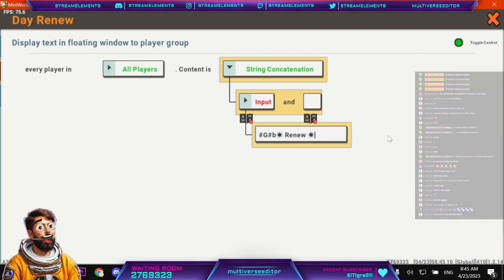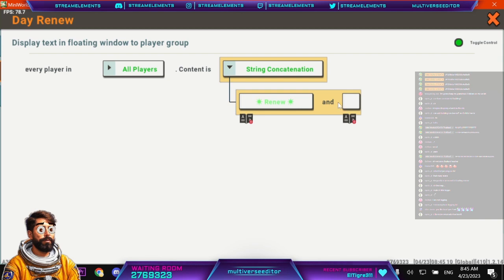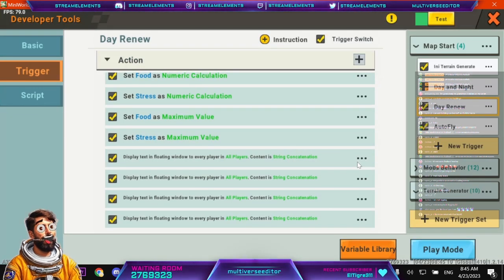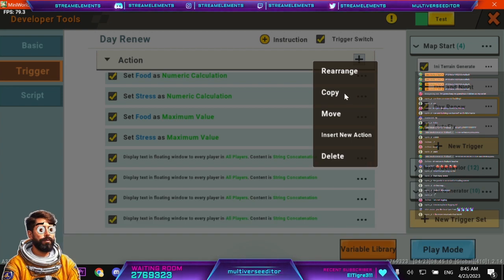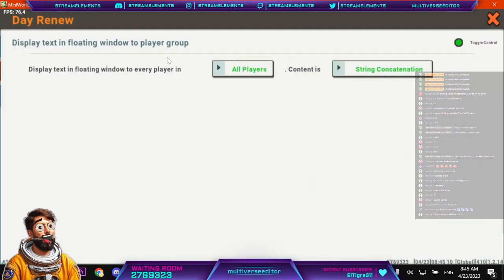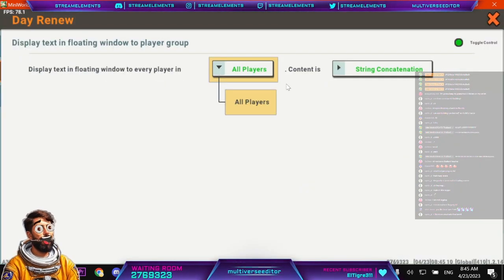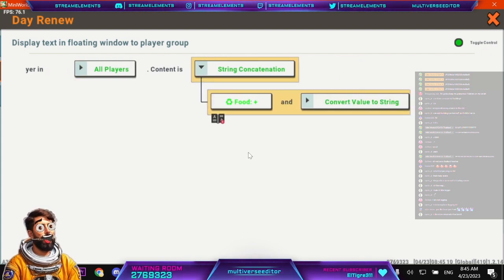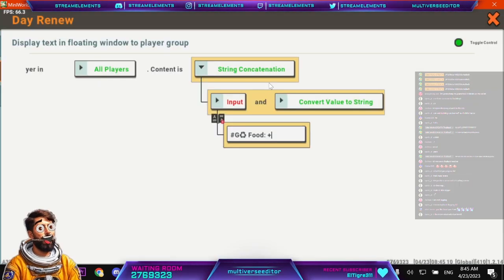Alright, and once you select renew, you're gonna keep the other empty. Okay, this is the first one. Now you're gonna copy and paste, and in the next one you're gonna do the same, but on this one you're gonna use this connection. Okay, so my recommendation is put the name of the variable, like on food, the icon you choose from this